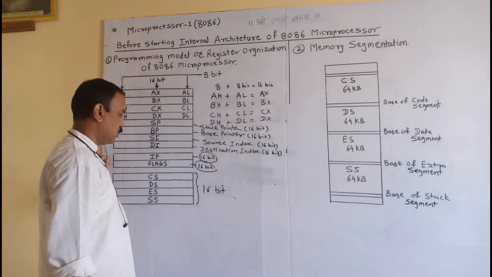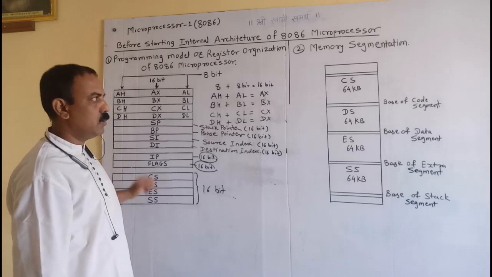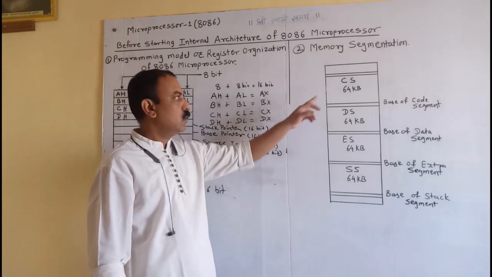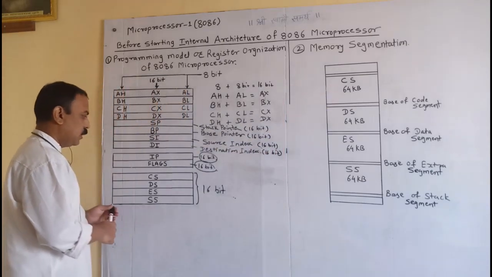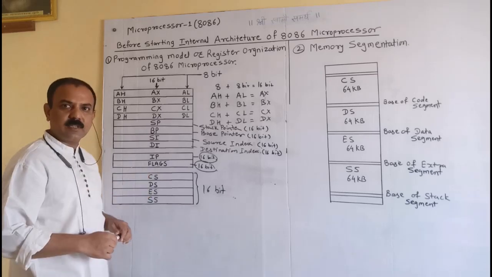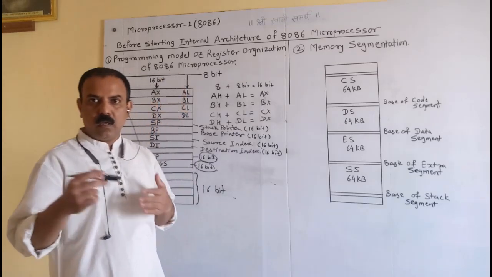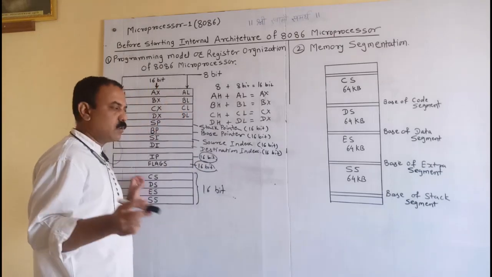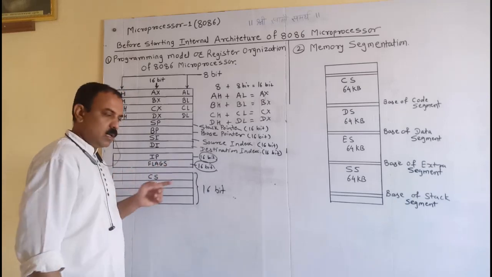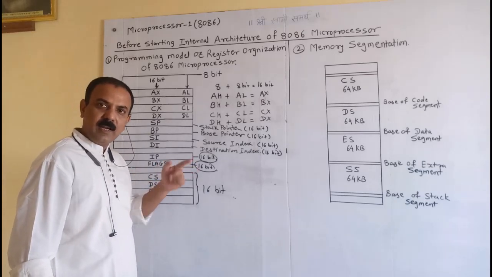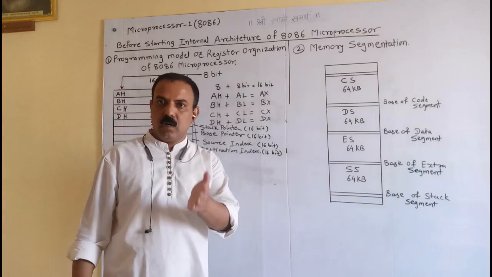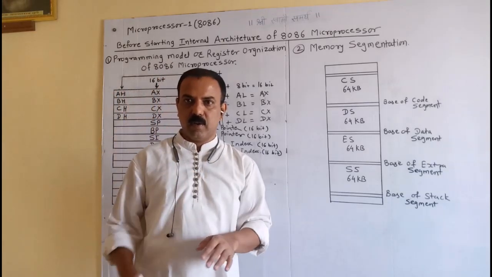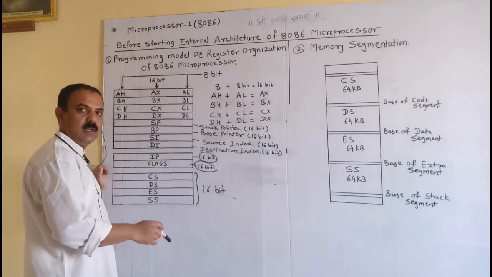IP is a 16-bit register. IP holds a 16-bit address, called the offset address of the next code byte within the code segment. Then the flag register is 16-bit. The flag register indicates the condition of the microprocessor and controls its operation. Out of these 16 bits, 9 flags are activated in the 8086 microprocessor. Out of these 9, 6 are conditional flags and 3 are control flags. We will see the flag register in detail in the next lecture.